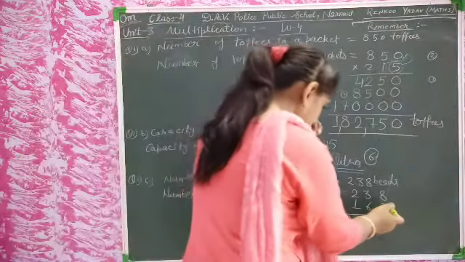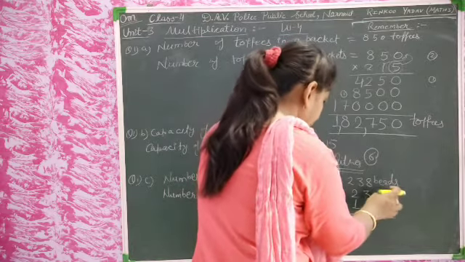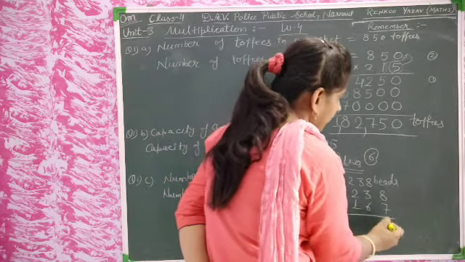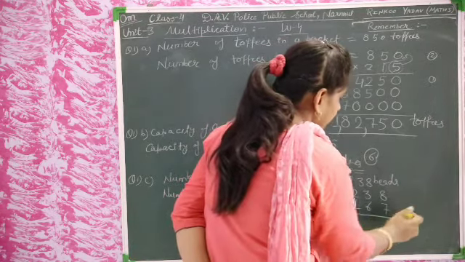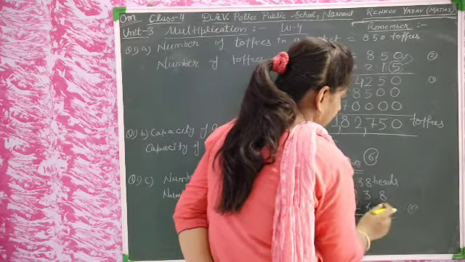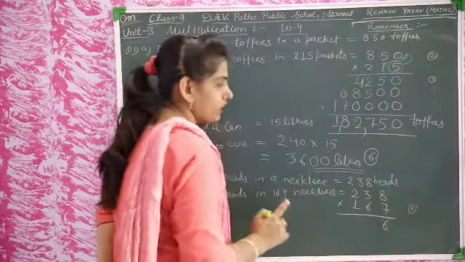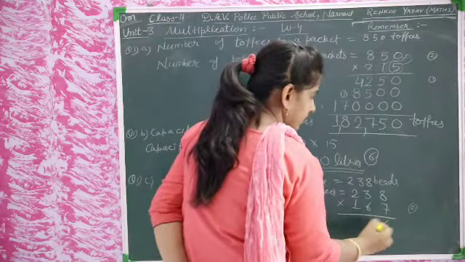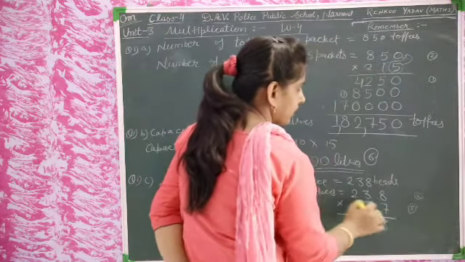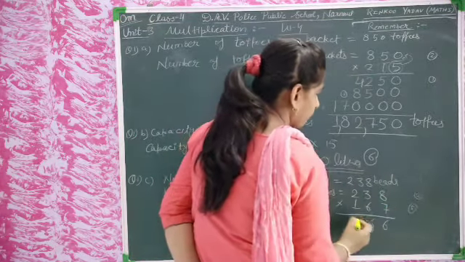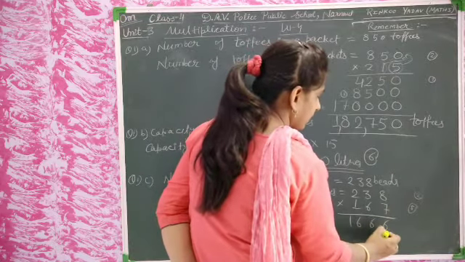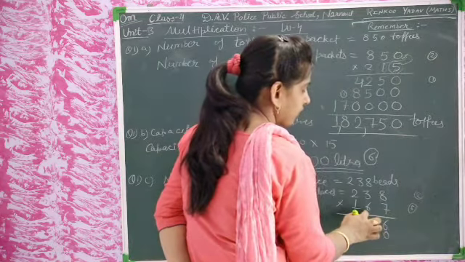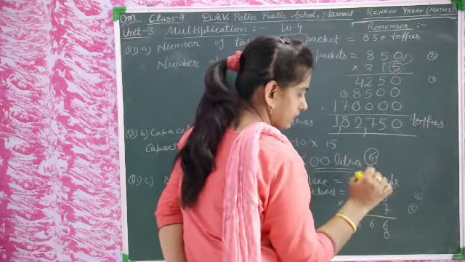So let's see here. The ones place digit is multiplying with this number, then we will get 7 eights 56, that is 5 is carrying there. 7 threes 21 plus 5 is 26, 2 is carrying there. 7 twos 14, 14 plus 2, that is 16 here. There must be a 0 because we have to multiply the tens place digit.